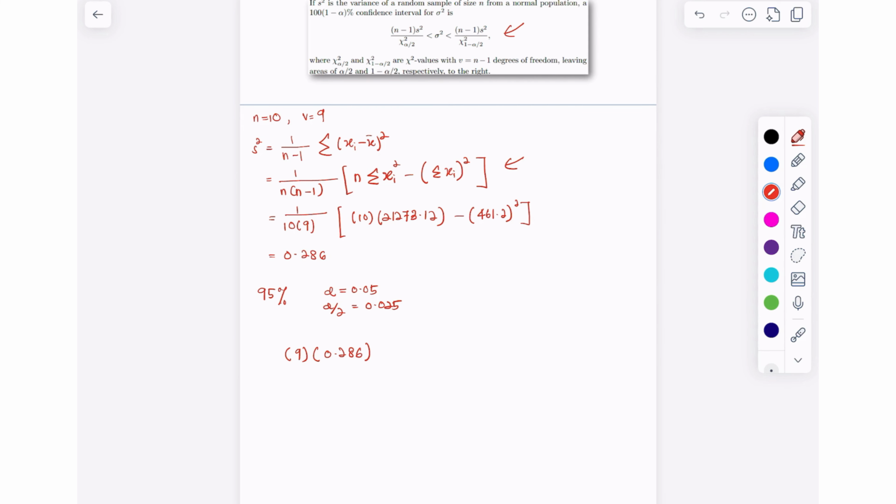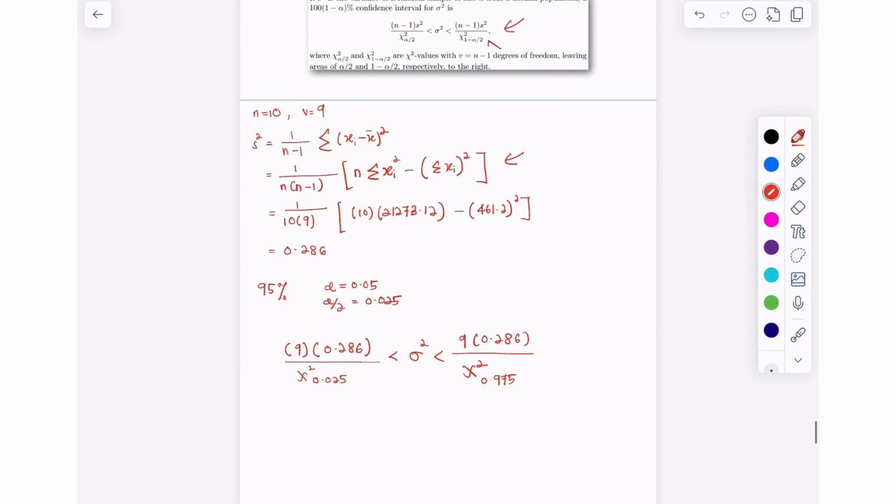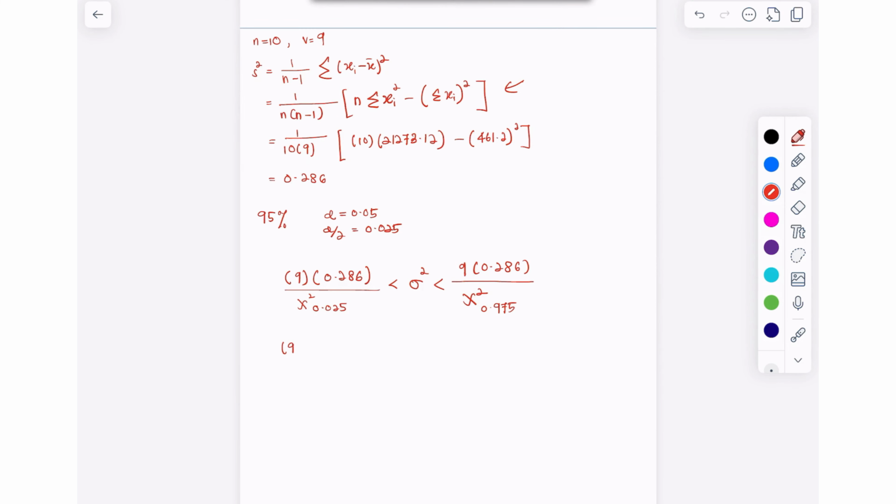So this one divided by chi square 0.025 for alpha over 2, less than the variance, less than 0.286 divided by chi square. Please notice this one, chi square 1 minus alpha over 2, so we have 0.975. So this one we can simplify and rewrite as,